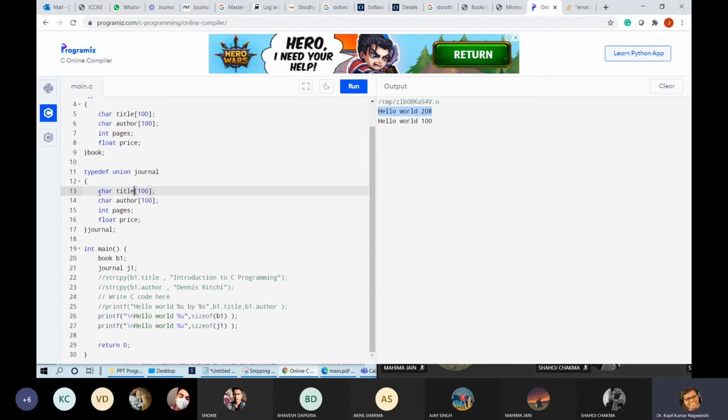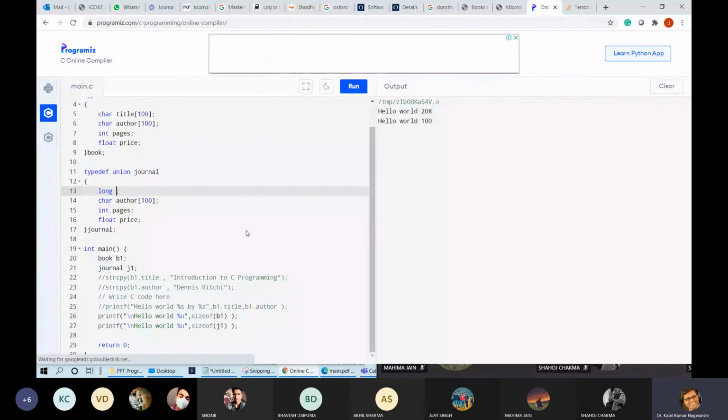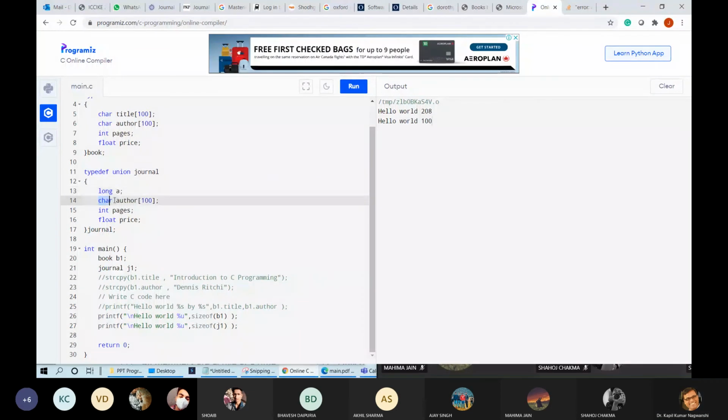Okay, suppose this is not character. I am just deleting this. Suppose this is not character, this is long. Okay, long A and long double B. Now, if we run this program, this is union, and this is structure.